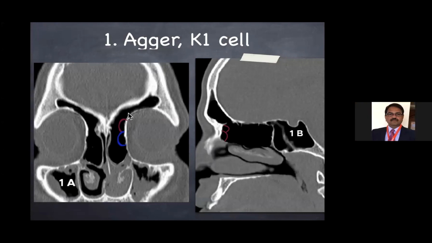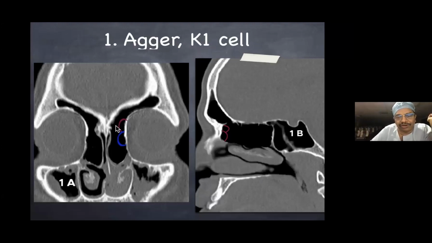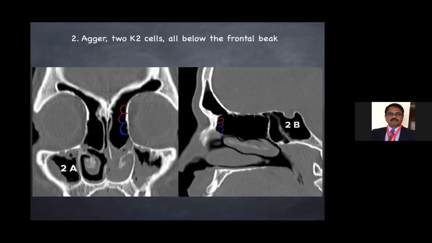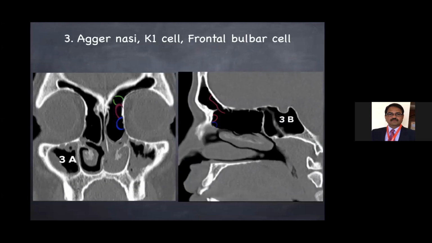So now where is the drainage path? Medially placed. So if I have to open the frontal sinus drainage path, you fracture this wall laterally. Then you will see a wider opening to the frontal sinus. Once you understand, you debride this wall. Remove this wall, then you will have a wide opening to the frontal drainage path. Of course, here there are two cells, do the same thing. Here, this is a frontal bulla cell.